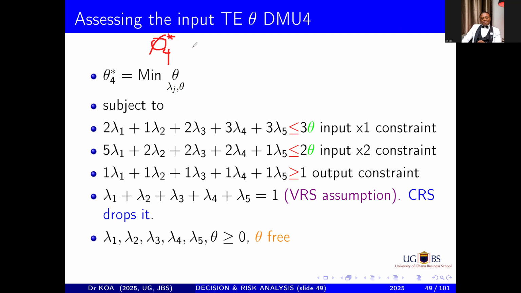So this efficiency score value can be, say, 0.8. That means we have the score. But right now, as it stands, we don't have the score. To get this actual value, say 0.8, we need to minimize theta, subject to the condition that we are going to find the lambdas and the theta. But what do you mean by minimizing theta? The only way to appreciate this,